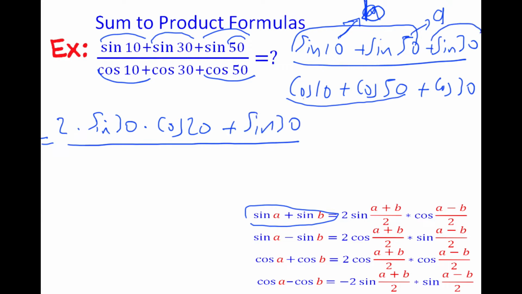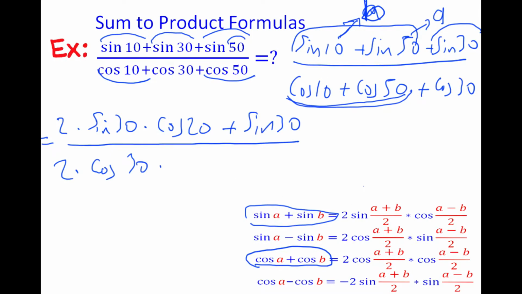And we will do the same thing for cosine 10 plus cosine 50 here. And this is the formula at this time that we're going to use. So we're going to have 2 times cosine. We will add the angles up and divide the result by 2. And we're going to have 60 again divided by 2, which is 30